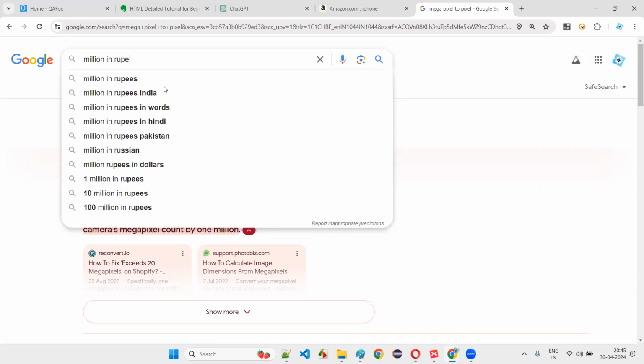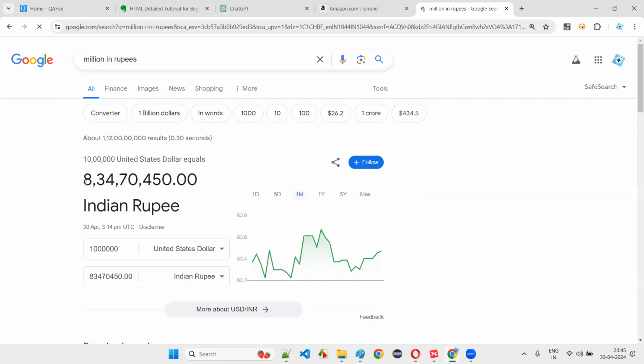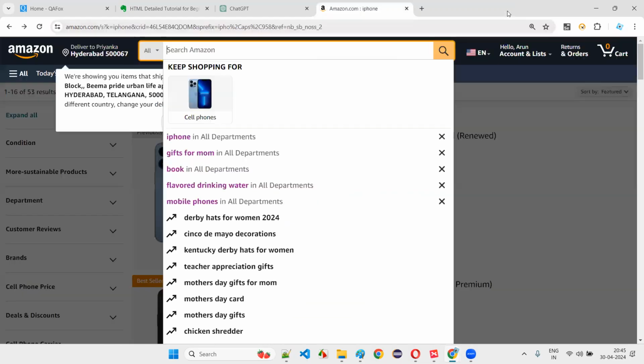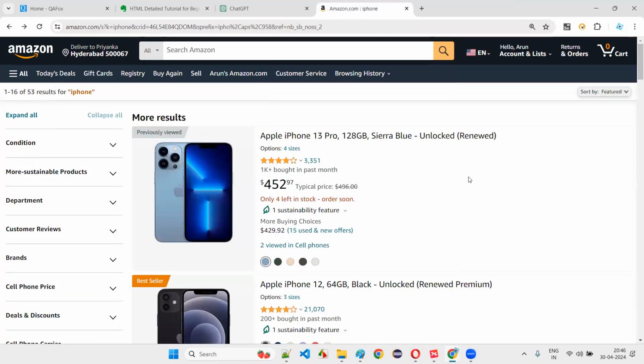Okay, it's 10 lakhs actually. 10 lakhs dollars, if they have to say, they will say million. In the US, they call it million, which means 10 lakhs rupees.